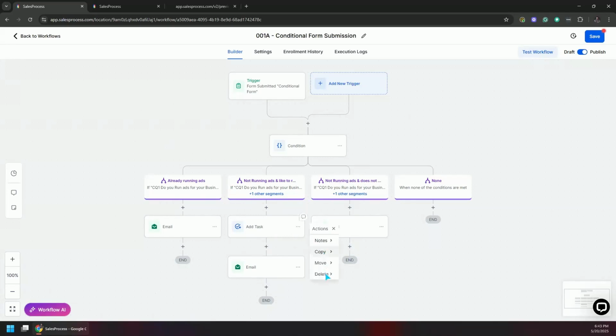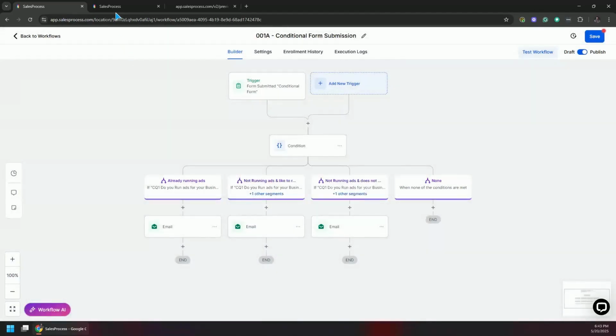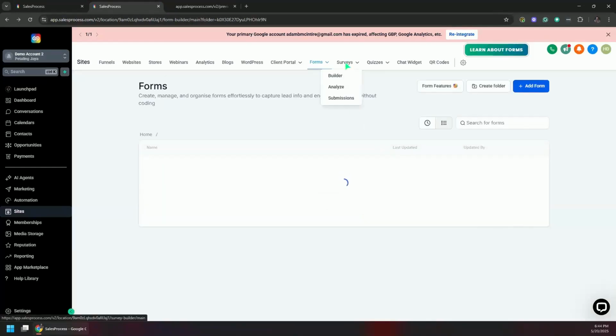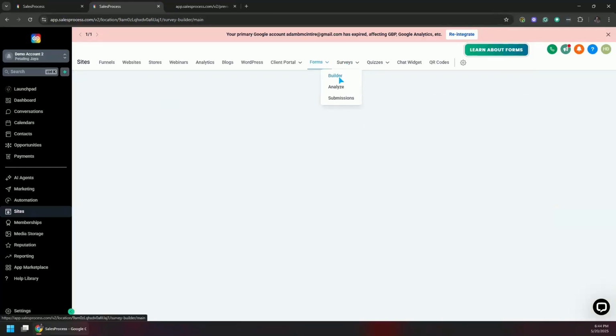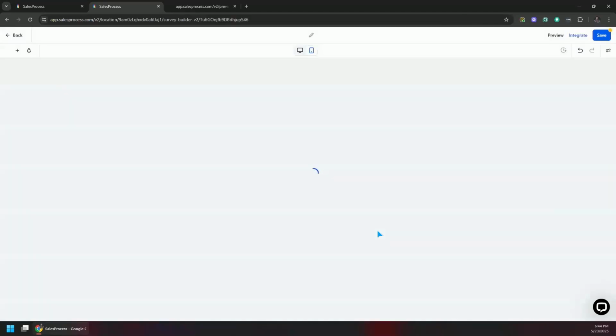I'm not building any complicated workflow in here because we are talking about data collection. Data collection is everything that is happening in the forms. Though we can create the same type of scenario in surveys as well, if you like. If we go to the survey builder, we can create a new survey. For example,